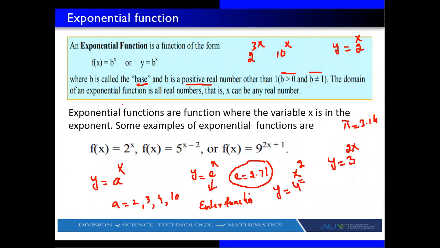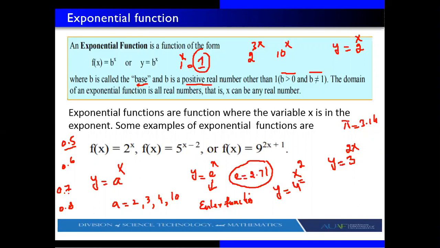Why is 1 not possible? Because, for example, if we write 1 power x, if you give any value to x, the result will be 1. So 1 is not possible. Correct? 2 is possible, 3 possible, and decimals are also possible. For example, 0.5 possible, 0.6 possible, 0.7 possible, or 0.8 possible. These are possible. Greater than 0 but not equal to 1. So decimals are possible, 1 not possible, 2, 3, 4 up to infinity possible.